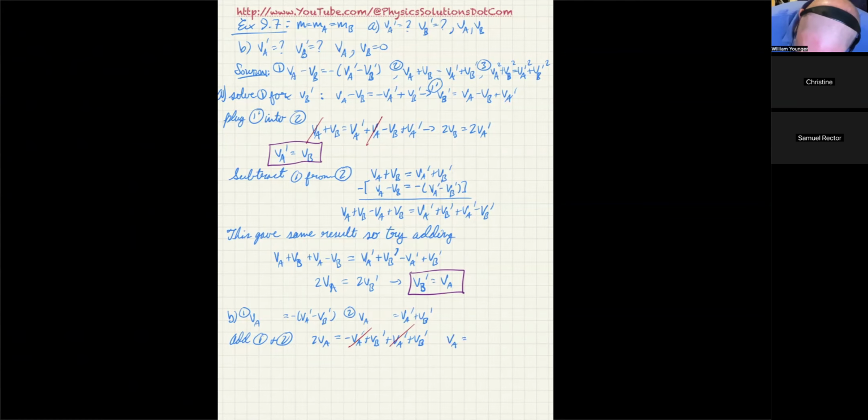And in this case, I get VA is actually equal to VB prime, or I'll write it in the opposite order so it makes a little bit more sense. We're actually solving for A prime or B prime, so VB prime is going to be equal to just plain VA. So that is the actual result for the first part. Specifically, we've now found that particle B, which was a target particle sitting perfectly still, is going to leave the collision with exactly the same velocity that the initial particle had.